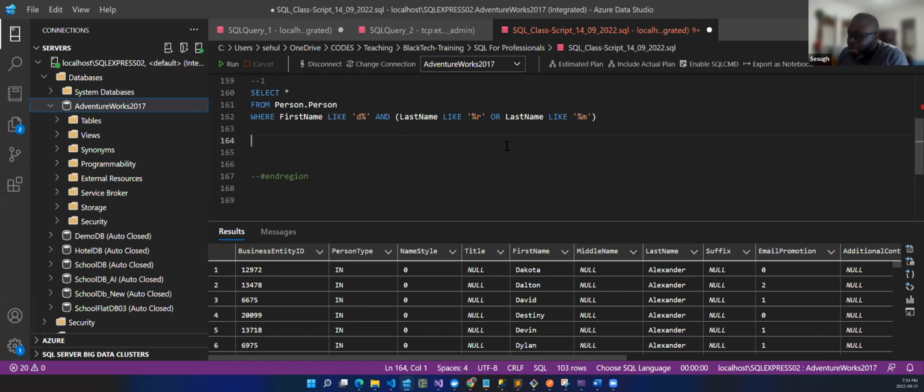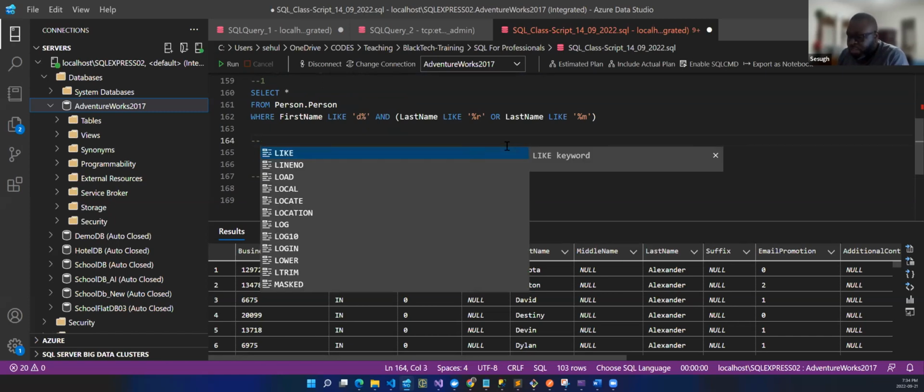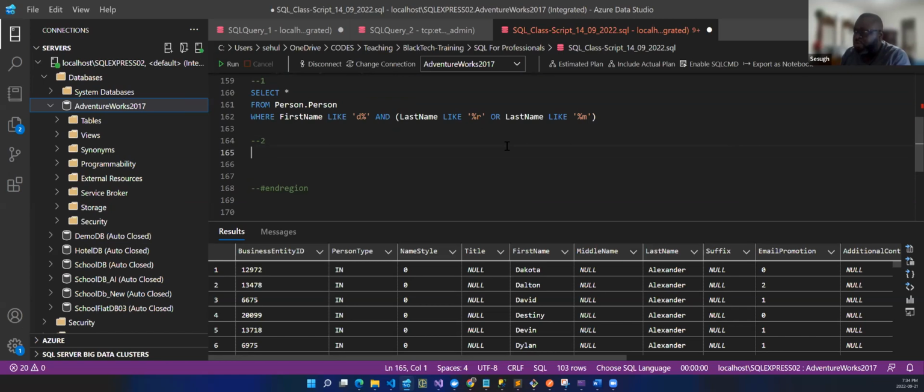While there are so many other ways to solve the same question, I would leave that up to you to play around and figure that out. Then the second question, from purchasing the purchase order detail, we want to get items with due date after 2011, where the customer